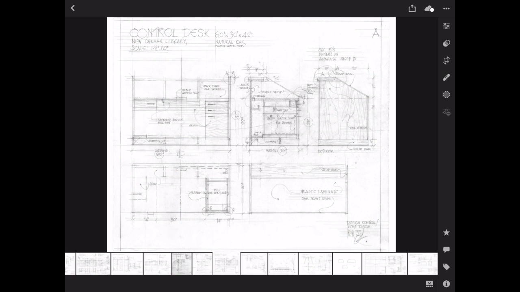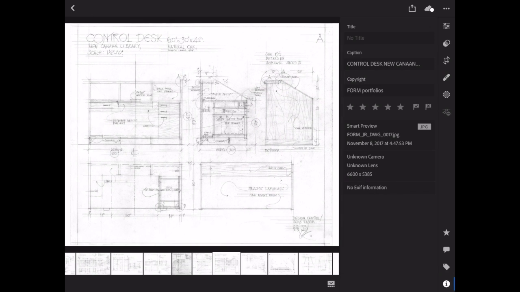If I want to look at the information and metadata associated with this image, I'm going to tap the I symbol in the bottom right. That'll bring in the information tab. Here you'll see the title field, caption, copyright, the ratings, which are between 1 and 5 stars, the pick flag, which is a check mark, the reject flag, which is the X mark, and then there's some additional